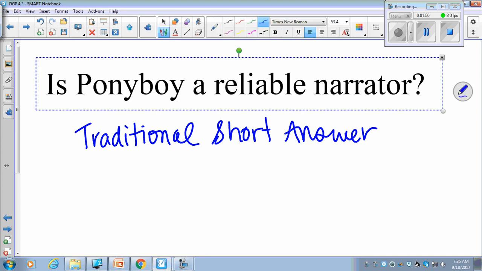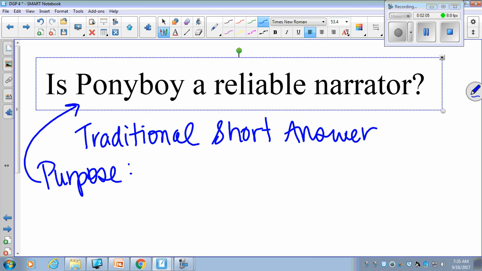You need to start out with your purpose statement. And in this essay, while I want you to use The Outsiders and Ponyboy, the purpose is something else. So you need to look into your prompt and decide what is the most important word. What is this really about? You and your partner can talk about purpose. You might want to go back and look at some notes that you took the day I was absent on point of view. That might help you.